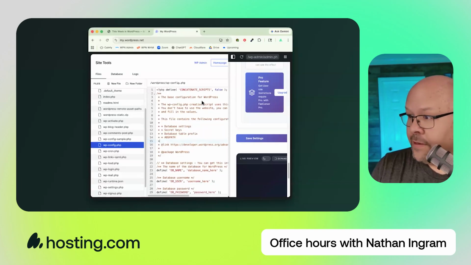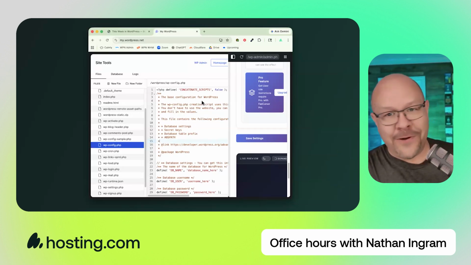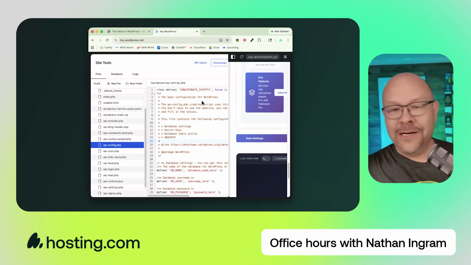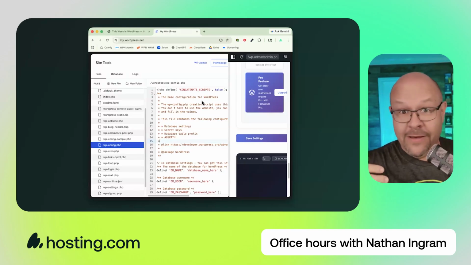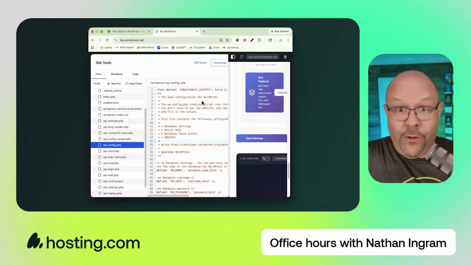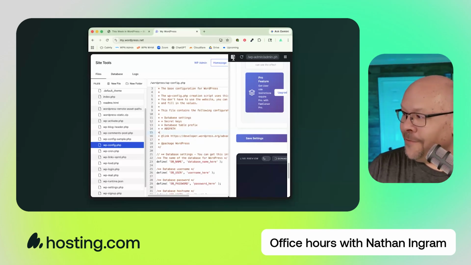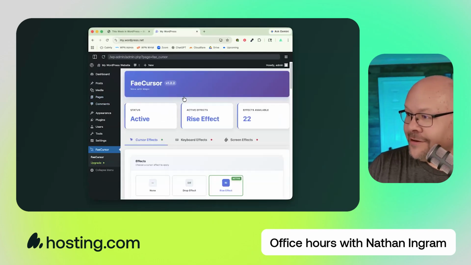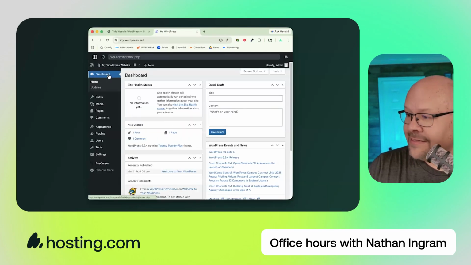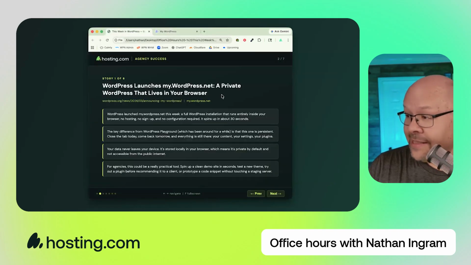That's pretty cool, right? So you have full control over all the things. Playground was neat to maybe spin up a quick WordPress test install with a plugin already pre-configured, but this is real WordPress just running in your browser. So pretty cool. Nice little feature you want to keep in your tool belt for if you are doing some debugging or you just want to test a couple things. So I think that's pretty neat. And it's totally free right there,